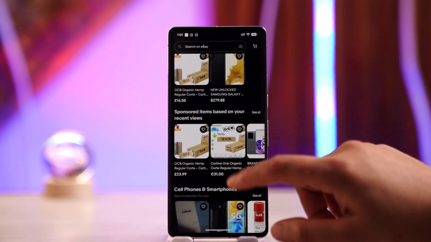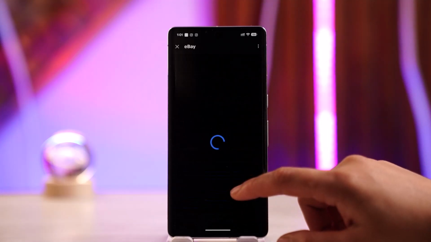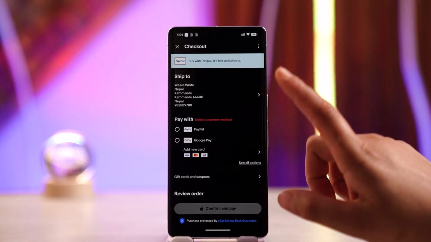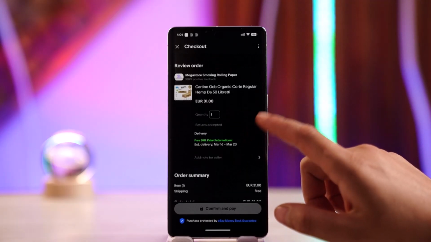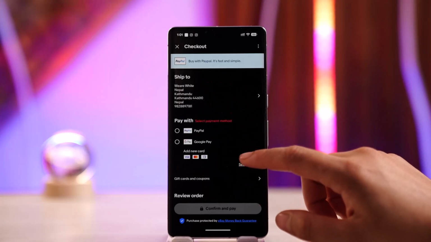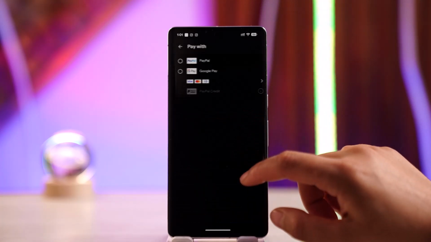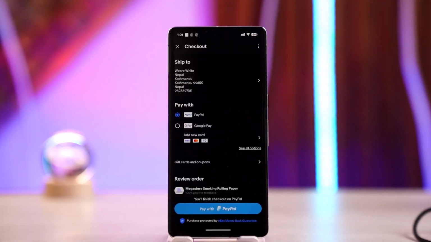So I'm just gonna quickly add in a bunch of items just for the sake of this video. So I'm gonna go ahead and select buy it now, or you could also add it to your cart. After which you will be directly taken to a checkout page where you will be able to find this gift card section. So here it is, you have these gift cards, or you could just go ahead and look for see all options. You could go ahead and select one, and then you could just go ahead and proceed